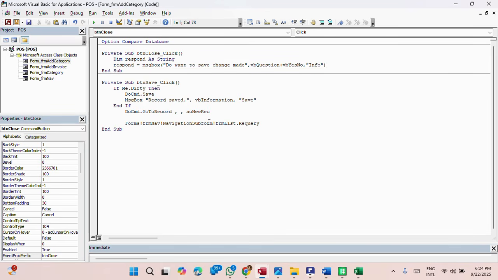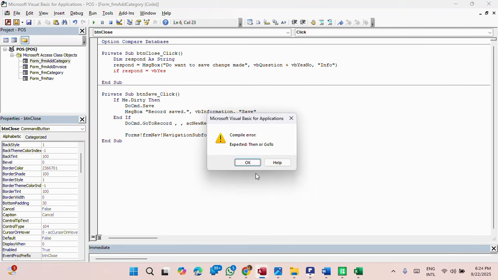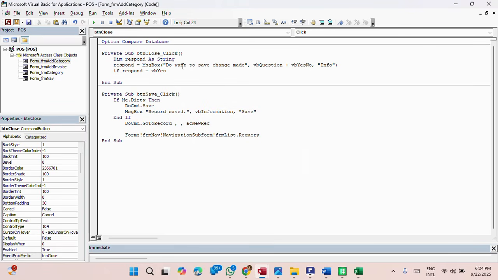And I'll close this. Okay, then I will say if respond equal VB yes, then